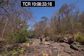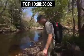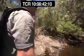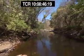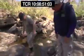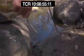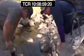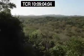The team are ready. Martin begins their hunt, scouting for any signs of cat activity. What's that? That's a cat. Yeah, no, perfect. It's an ocelot footprint. Good eye, Martin. Really good eye. But it's not...